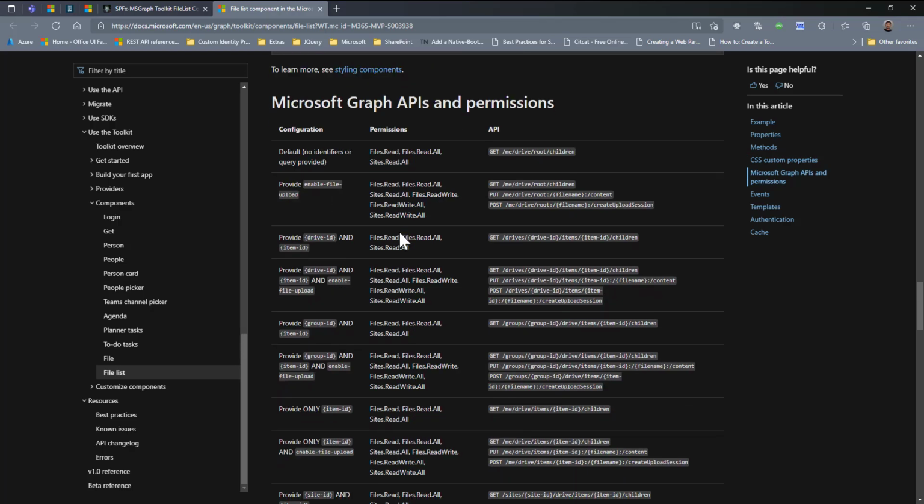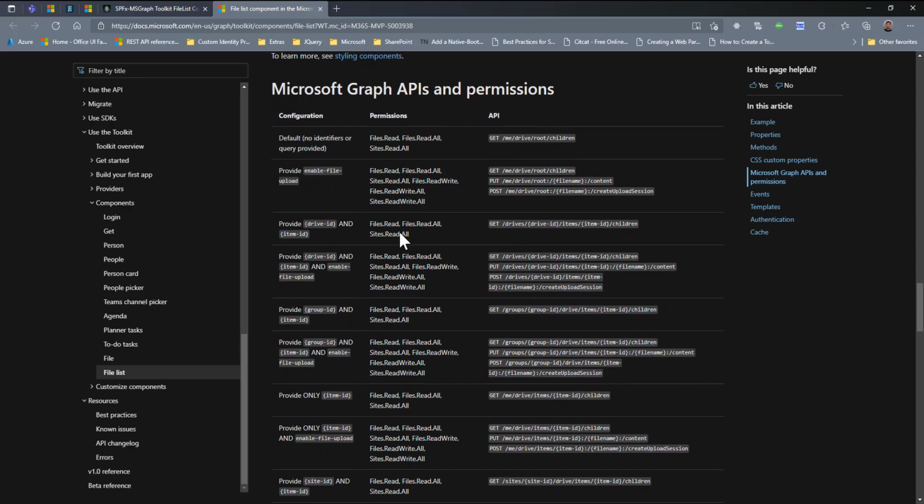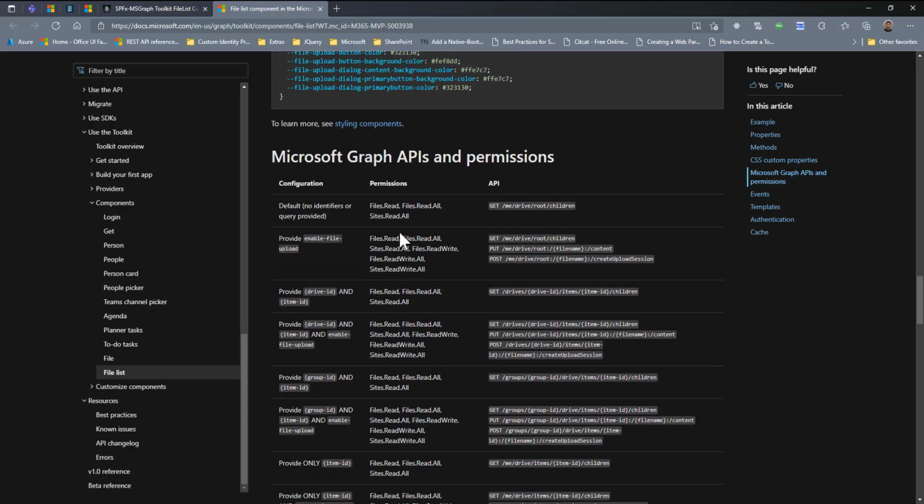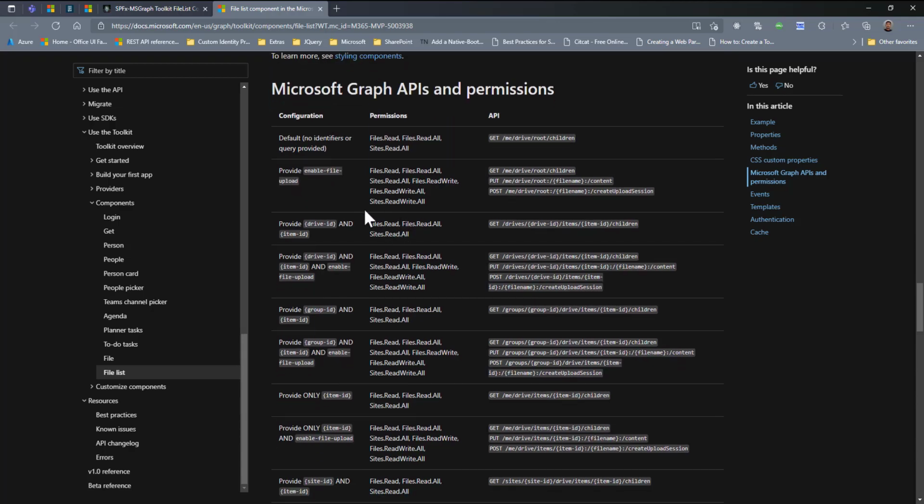The most important thing is permission. If you are using this file list component, there are 2 to 3 permissions, but here they have just given the combination based on the properties.